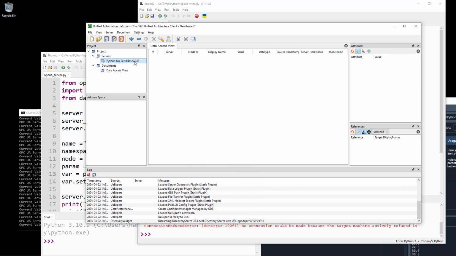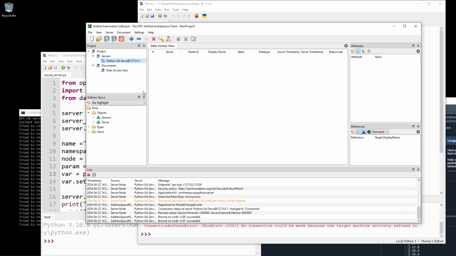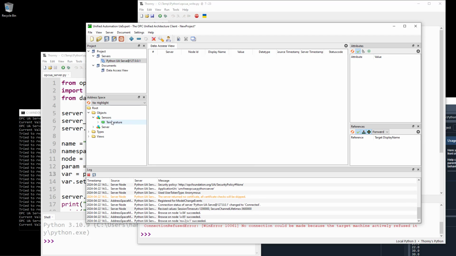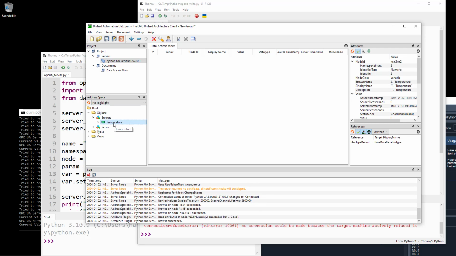Click OK, and then just right click, connect, and then you see under Objects I got these sensors and the temperature, and when I click on it, then you see this node ID here, which is NS equals 2; I equals 2. So that's what I need to specify here